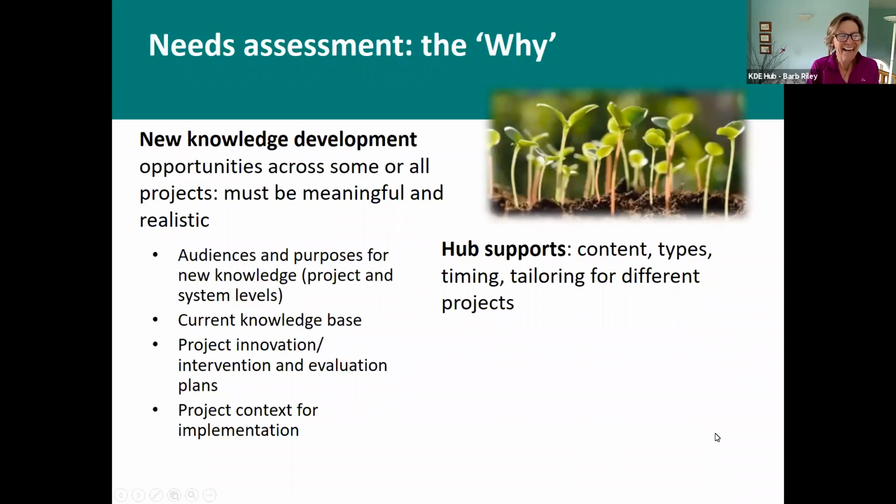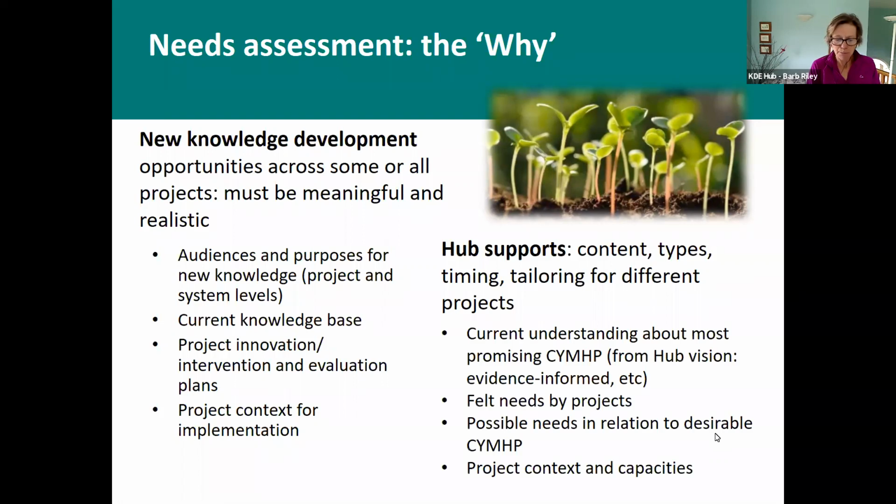And then also, and this is a really big one, is this project context for implementation. This is especially that sort of peri and post-COVID time. So that's something that you'll see in another slide, which is about how we're trying to address that. So those are the main inputs for informing some of the new knowledge development.